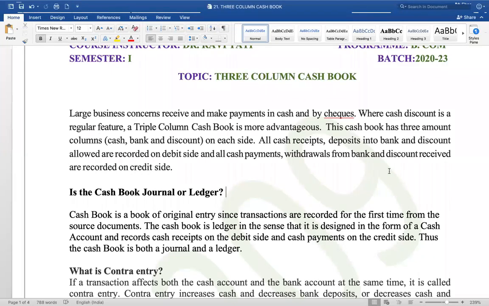The practice is that you don't need to balance the discount column, but only the cash column and the bank column. All cash receipts, deposits into the bank, and discount allowed